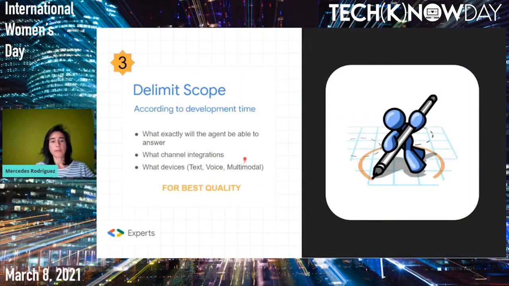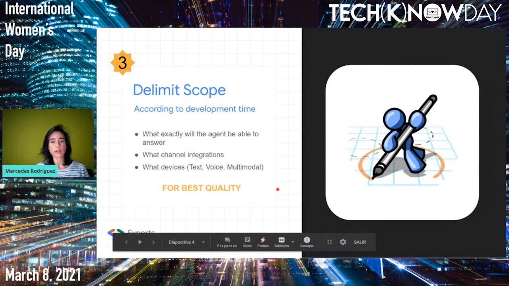Even if we are not integrating the agent in all those channels or in all those devices right now, it's good to think in the mid or long term, because it can determine our development. There are things that we can do now in the development that make our agent more scalable later. So that's good. The important thing here is to delimit the scope for the best quality, so our agent answers most of the questions about that scope, and the user has the feeling that it's useful.